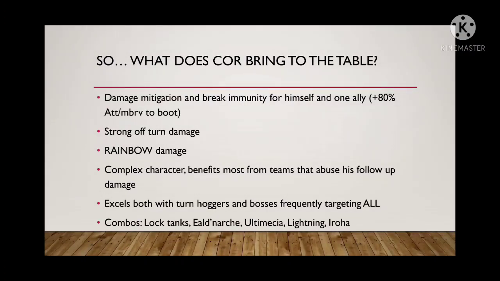First of all, you have your typical turn hoggers such as Ultimacia or Lightning, where due to the fact that they get multiple turns in a row, they also trigger his preemptive strikes multiple times in a row as well. I did not mention Terra here. Terra will also do very well with Cor, but the only thing about Terra versus Ultimacia or Lightning is that